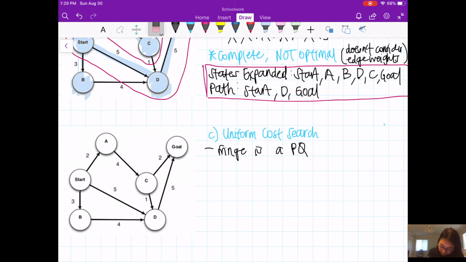Same thing, I am just going to have a states expanded list here, and we are going to start with the start node.